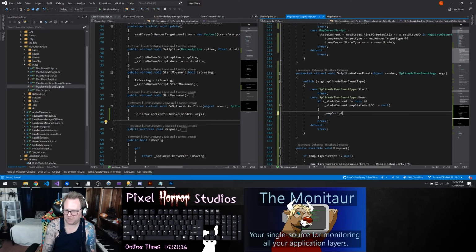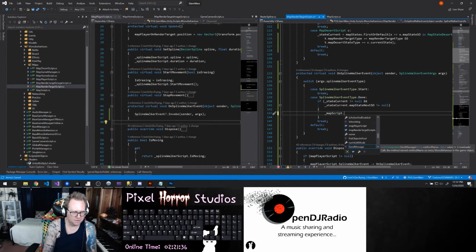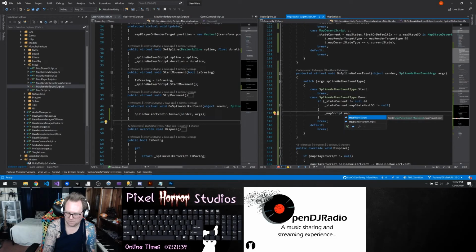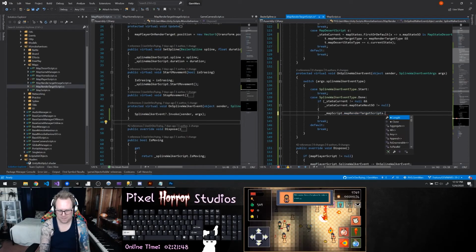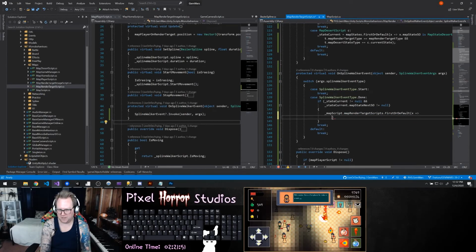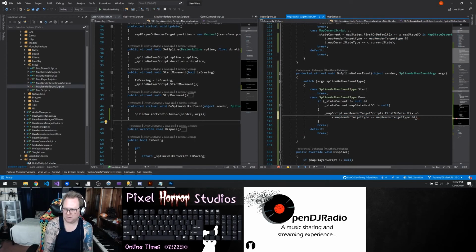And here I want to say my map script dot, and then you want to get the render target scripts, and you want to get the first or default where the target type is equal to my map render target type. And my